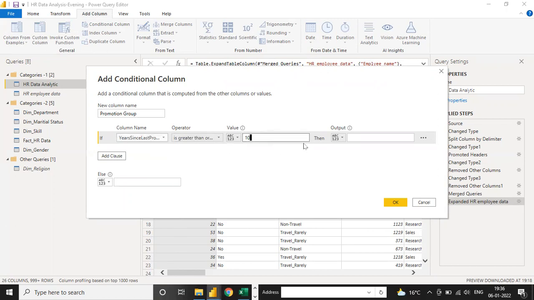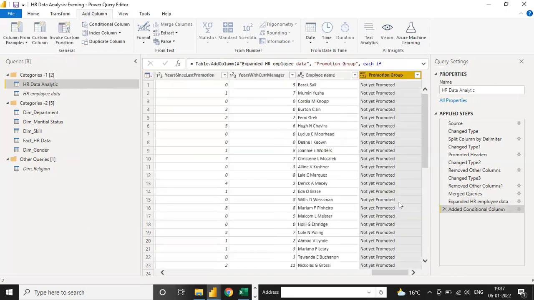If years since last promotion is greater than or equal to 10, then write here to be promoted, and otherwise not yet promoted. Like this way you can write a condition, and if you click OK, you can see on the right hand side the new column promotion group, with values not yet promoted or to be promoted.